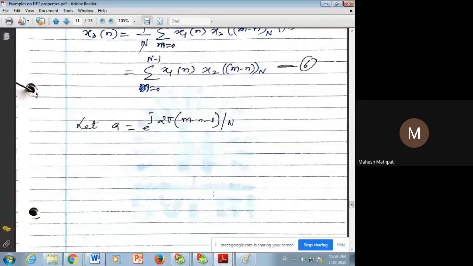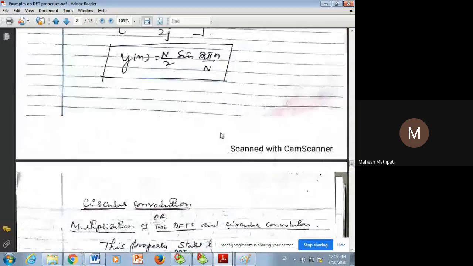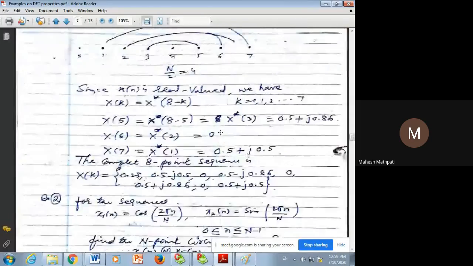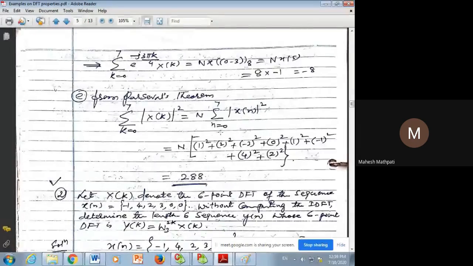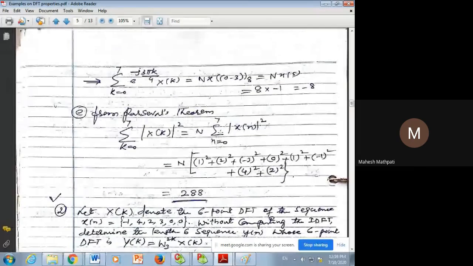I forgot to take that part in the previous case, so here we'll take that example. Some important examples I will take. So you just write down this question. This is question number 2, you just write. Let X of k denote